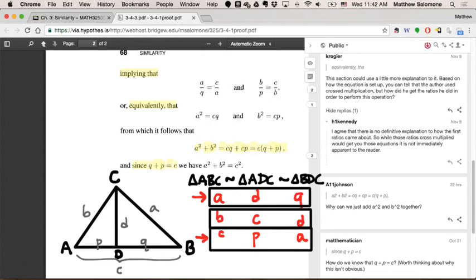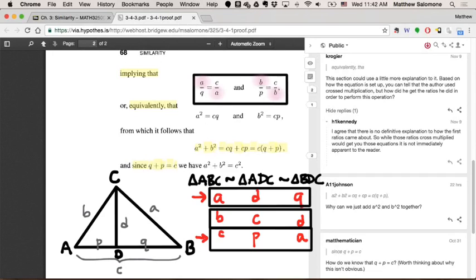And looking ahead, we would like for whatever it tells us to be something that when we add them together we get c squared. And we know that when we add p and q together, we get c. So the strategic choice here is, first of all, we want the a's and the b's to be in ratios in which one of them is a numerator of one and the denominator of the other. So that's the first thing that we wanted,